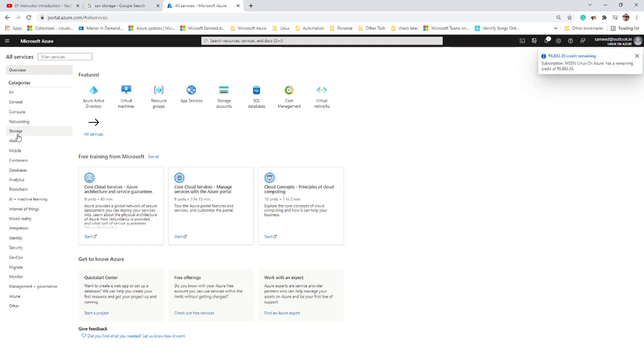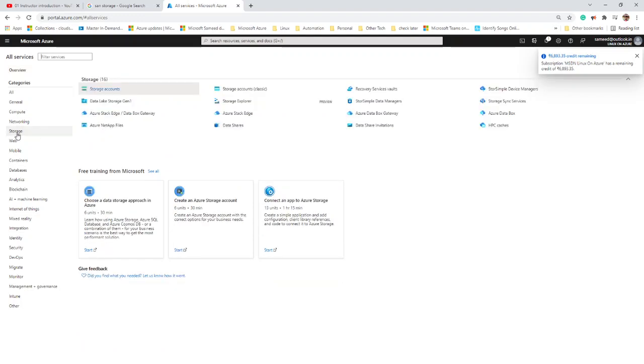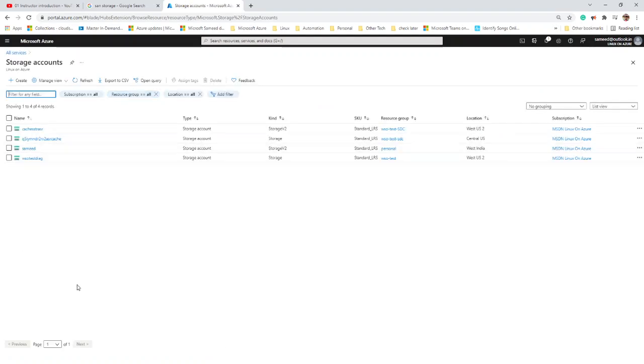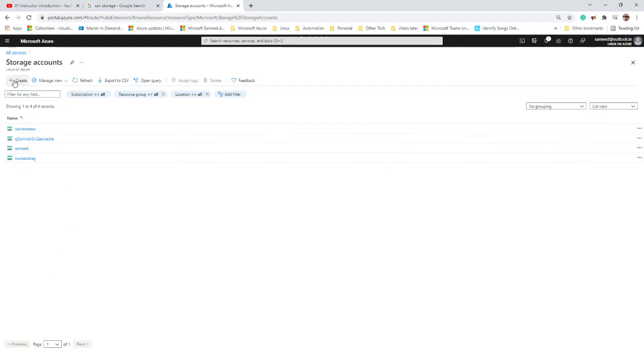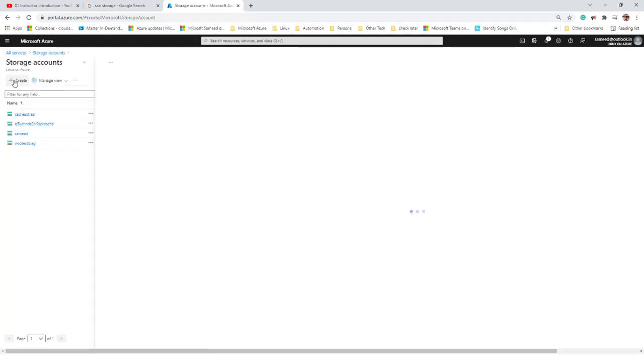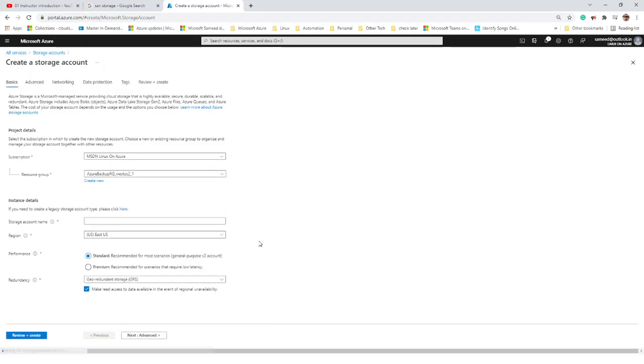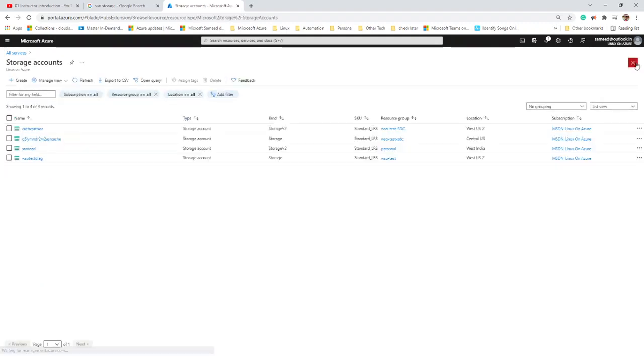Click on storage. Then there is a storage account. I already have some storage accounts. Let me create one, or I'll create it later on. I'll just show you how we create it. So there's a storage account I'm creating here, right? Let it be. I'll not create one right now because I don't want to waste our time. I already have some storage accounts there. So if I click here,